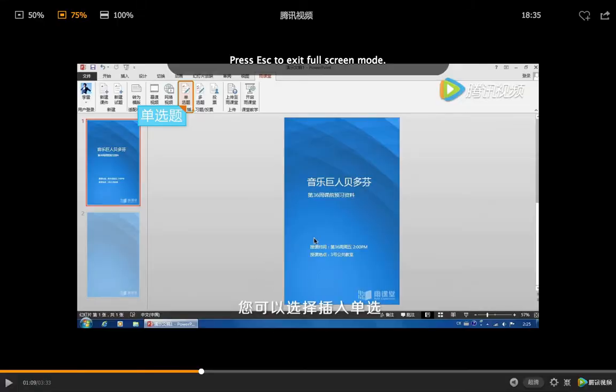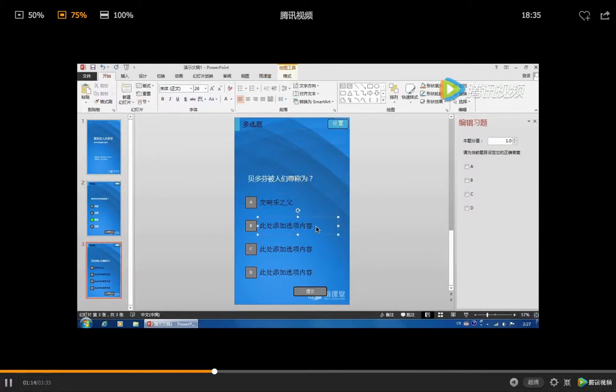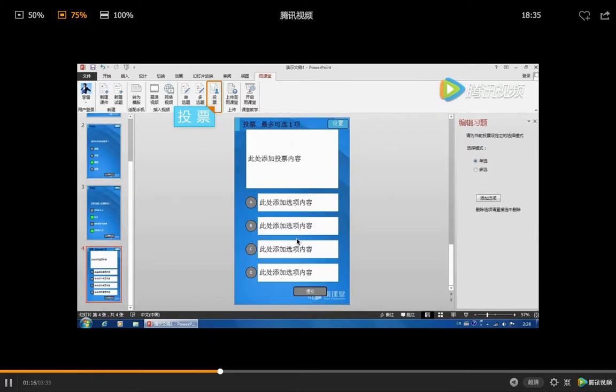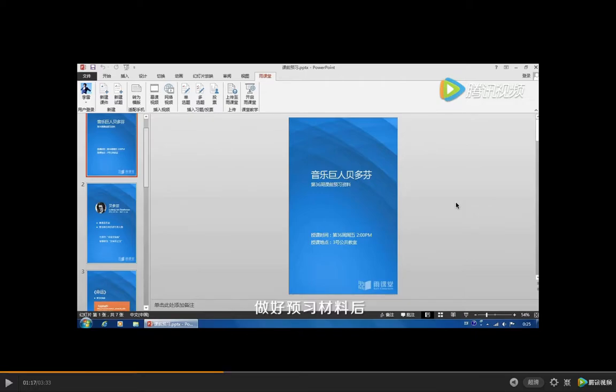Rain Classroom has another important feature which is called multiple choice. So if you click on this feature, you can see the layout, the format, and you can just put information into this format and you can create quizzes and exercises. So students can use it to preview some important things you want to teach before class, and they can also... It's up to you actually. You can also ask students to do some exercises in class,